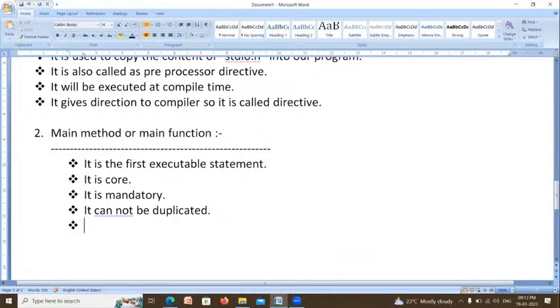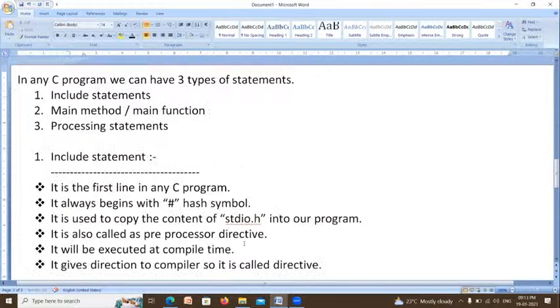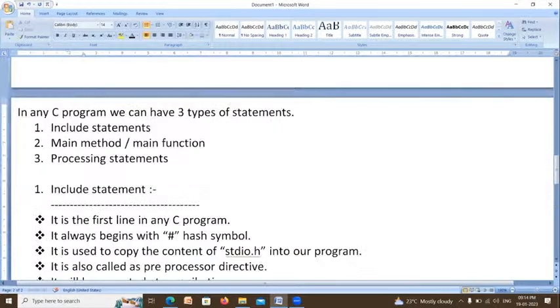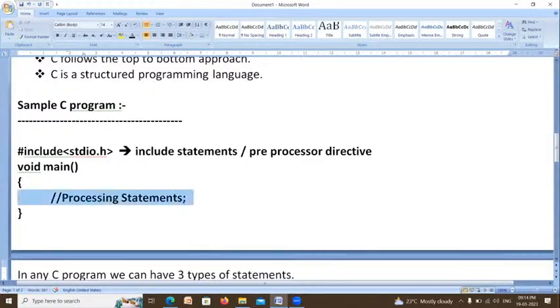Right. Now it is a user defined function. User defined means user, means you and me. We have to define that function. We have to write code for that function. So it is called user defined function. The meaning of this one is you have to write the code in this function. So it is called user defined function.